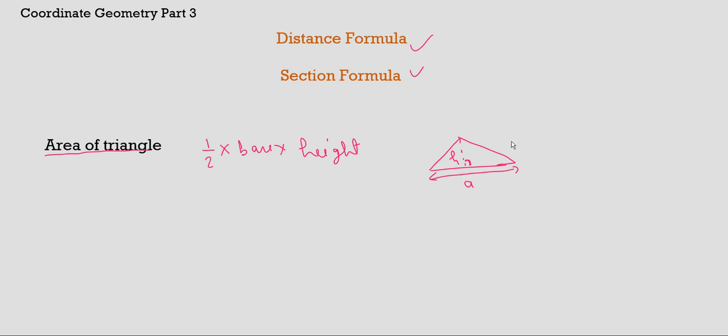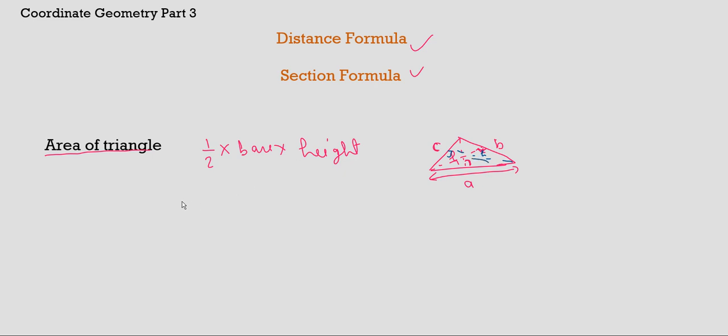Understand? Now what happens if you choose this length as your base length? For this, the height will be taken as this one, and the same logic goes when you take C as the base. Let me change the color. This is the perpendicular drawn on C, and this length acts as H.